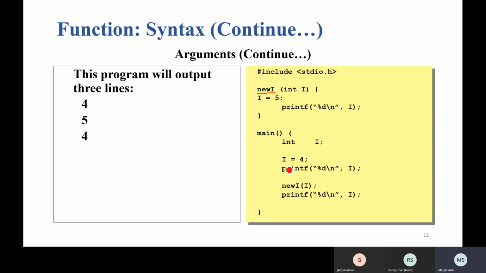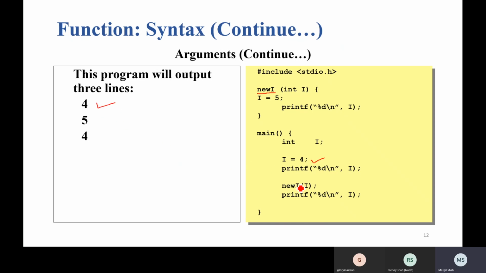Now integer I equal to 4, we print the value I, then call new I. It automatically prints 5, and then after that again 4, right? So first, I is assigned 4 at this stage, and print I will print 4.